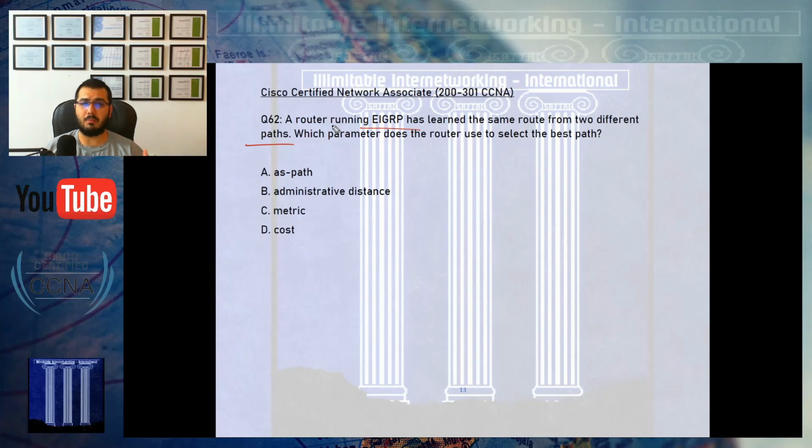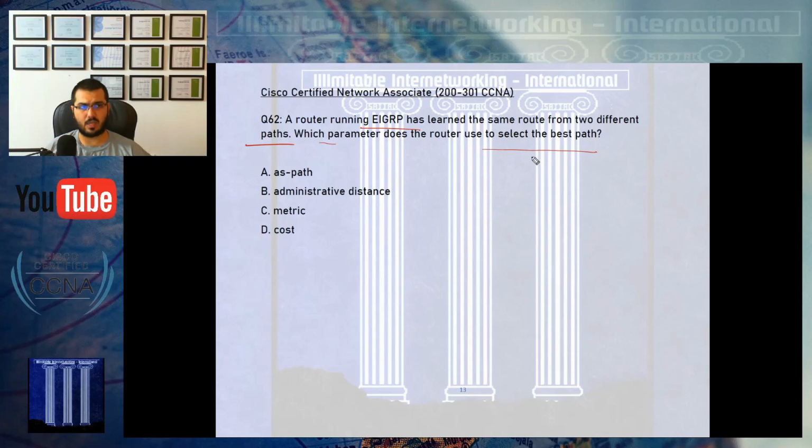In EIGRP it will be a very complicated and big formula that contains all the 5 key values of EIGRP to give you one very big number to choose which of the paths should be used, and this one is called the metric, the EIGRP metric. So it's the classic name. Which parameter does the router use to select the best path? If it was EIGRP, it will use a metric. If it was OSPF, it will use